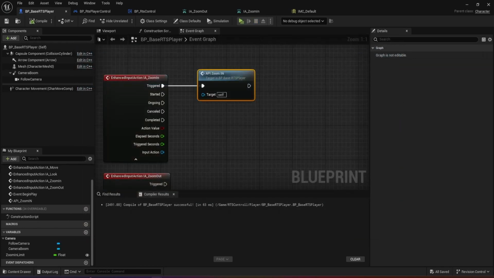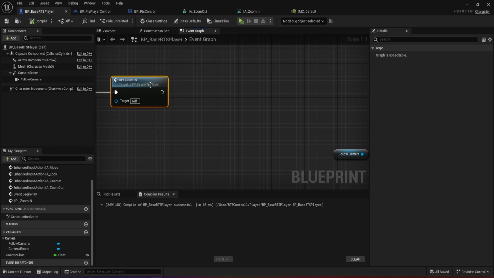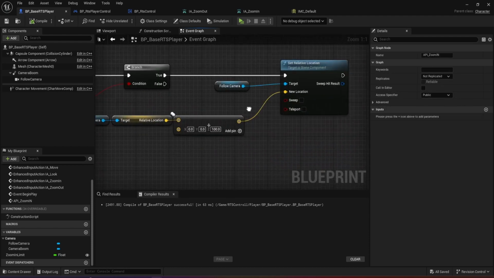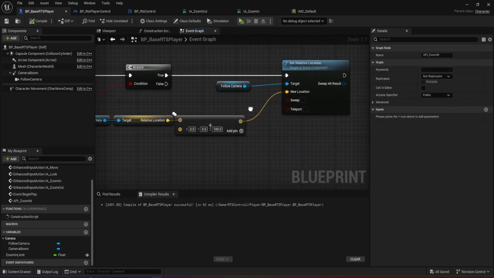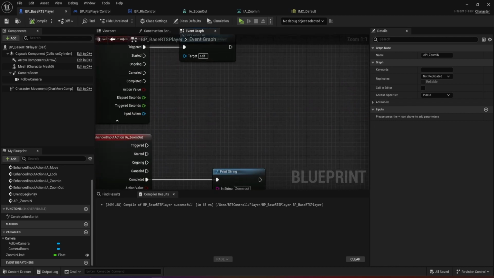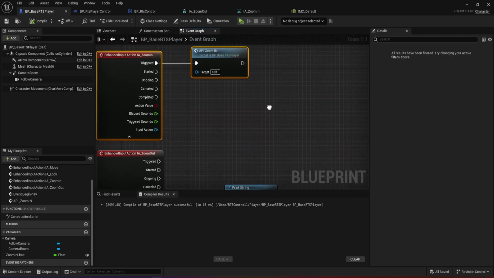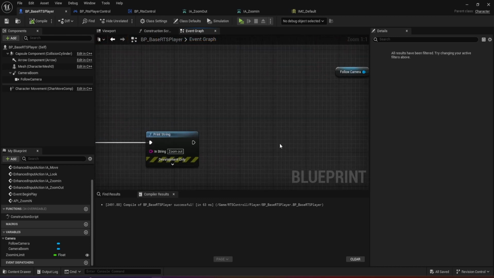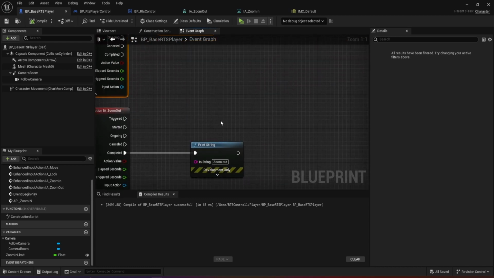So let me have a look at what is actually happening here, because it's not increasing the value properly. Set Relative Location, that is correct. Oh yes, because that's increasing the zoom. I don't want to increase the zoom. Yeah, I actually did this right. Anyway, the zoom is done. We're going to go back to this in a second. We need to do the zoom out first, so we can actually see the thing